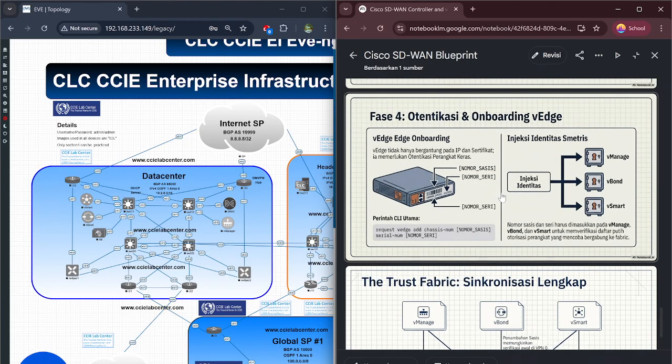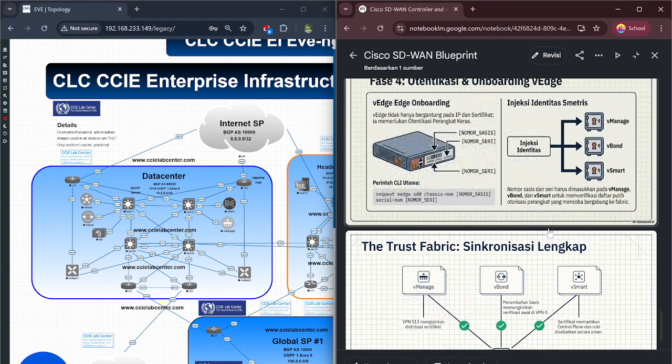The key details needed are the chassis number and serial number, and the main CLI command requires fetching the chassis number and serial number for the identity injection into vManage. The chassis and serial number must be entered into vManage, vBond, and vSmart. This is done to verify the authorized whitelist of devices trying to join the fabric.